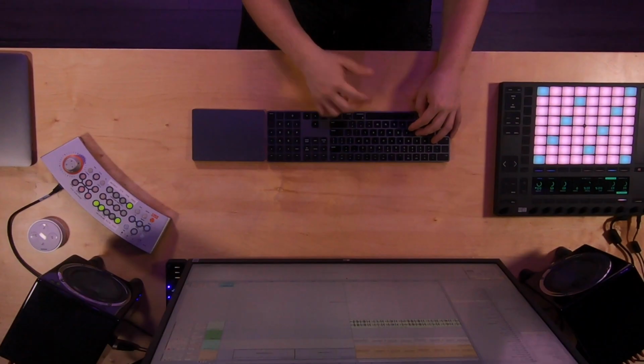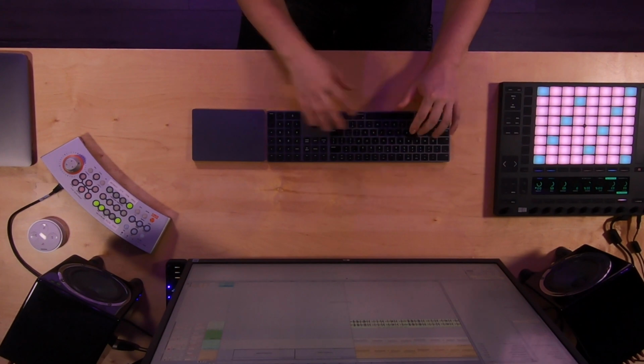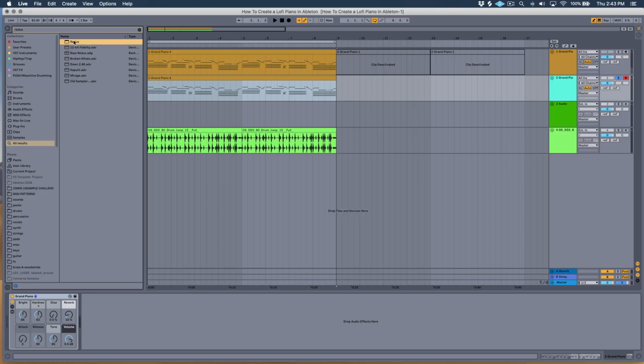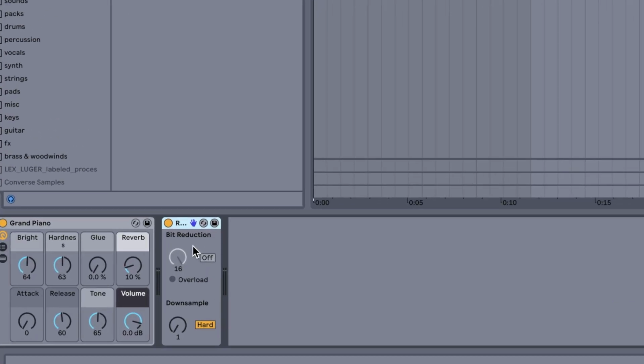The first effect we're going to use is Redux. So let's hit Command F, type in Redux, and drag that onto the grand piano. So the Redux does two things. It reduces the bit depth, which is this bit reduction, and then remember that's the amplitude of the sample, so that's kind of like the volume, the dynamic information. Let's just hear how that would sound. We're not really going to use that, but